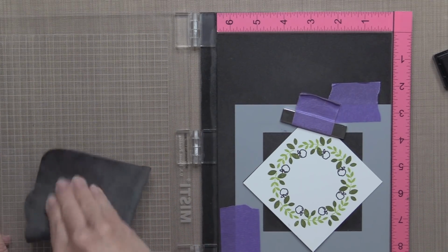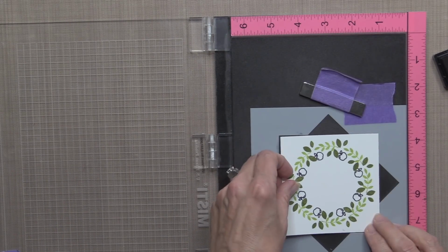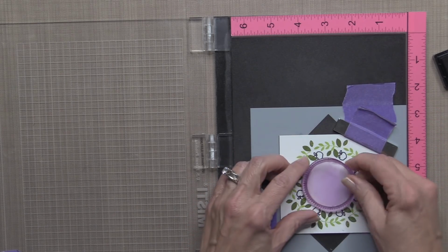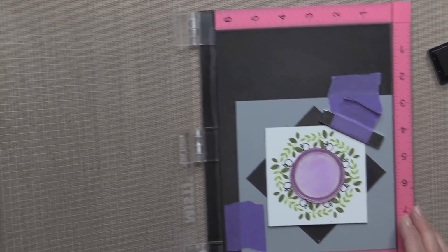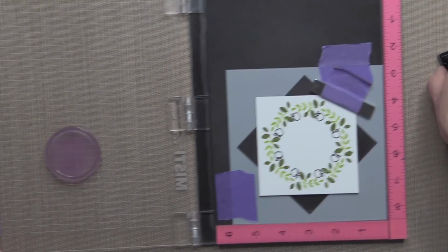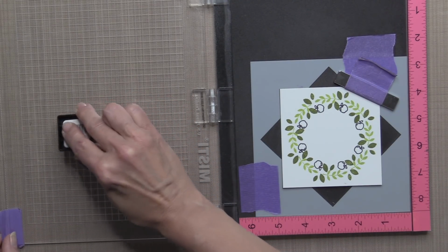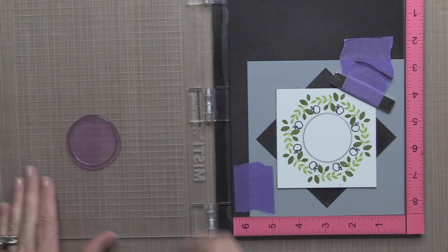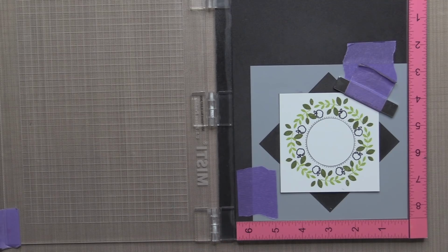Okay, and now that I have all of the apples stamped, I'm going to stamp a little ring in the center that can highlight my greeting. So I'm going to use this stitched image. I'm going to position that where I want it. And then I'm going to ink that up around the perimeter and stamp. So there I have a cute little happy wreath with apples and